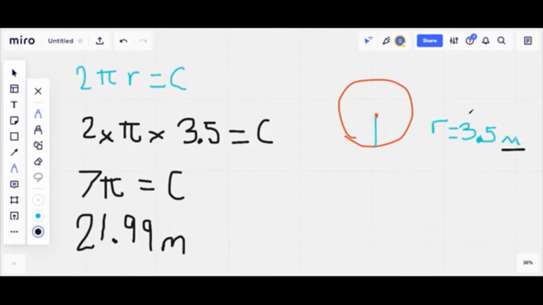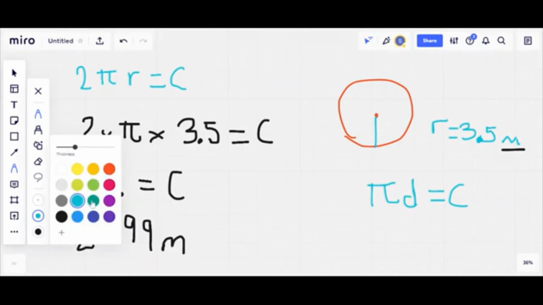If we were finding a circumference with a diameter, we would do a similar method. So the formula you would use would be pi multiplied by d is equal to circumference. The reason we do that is because d is double the size of the radius. So our diameter would be